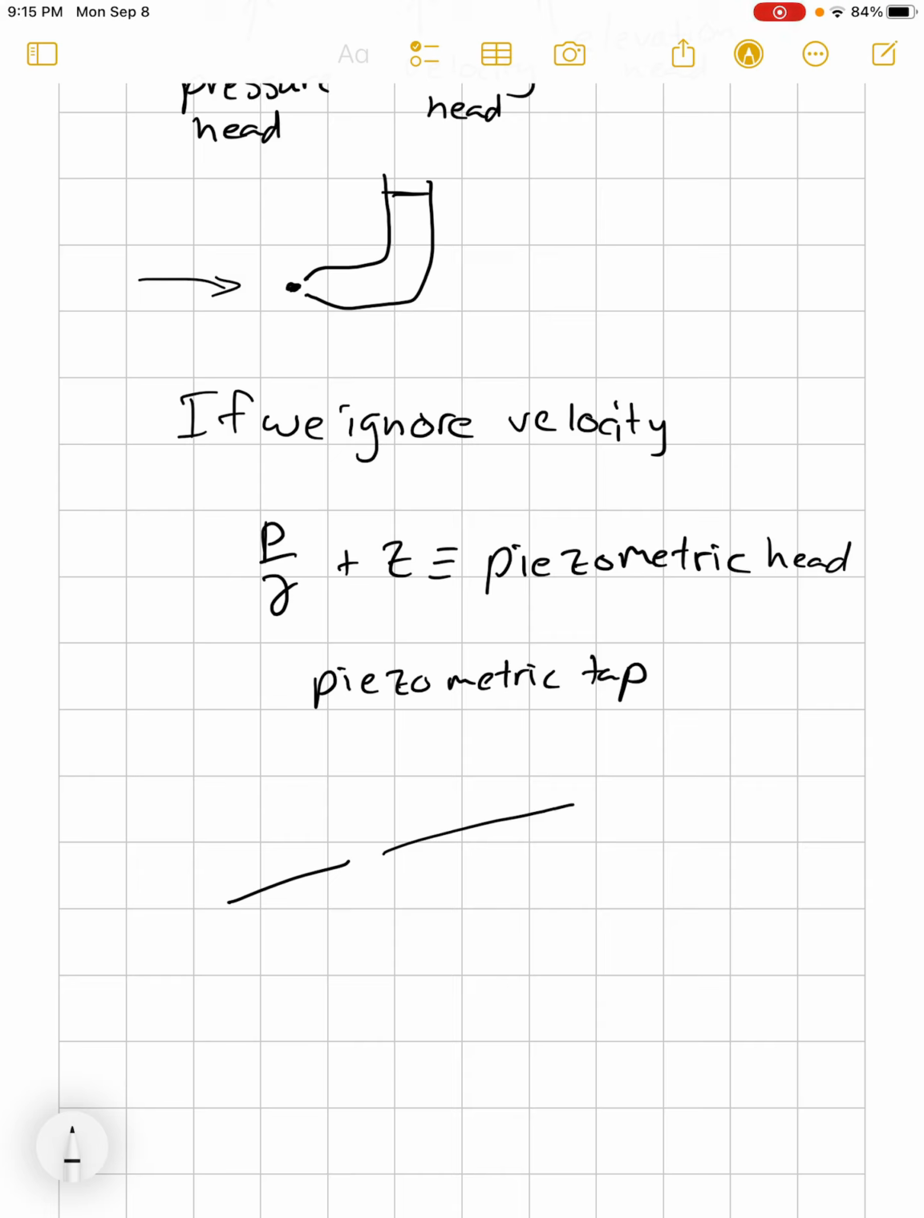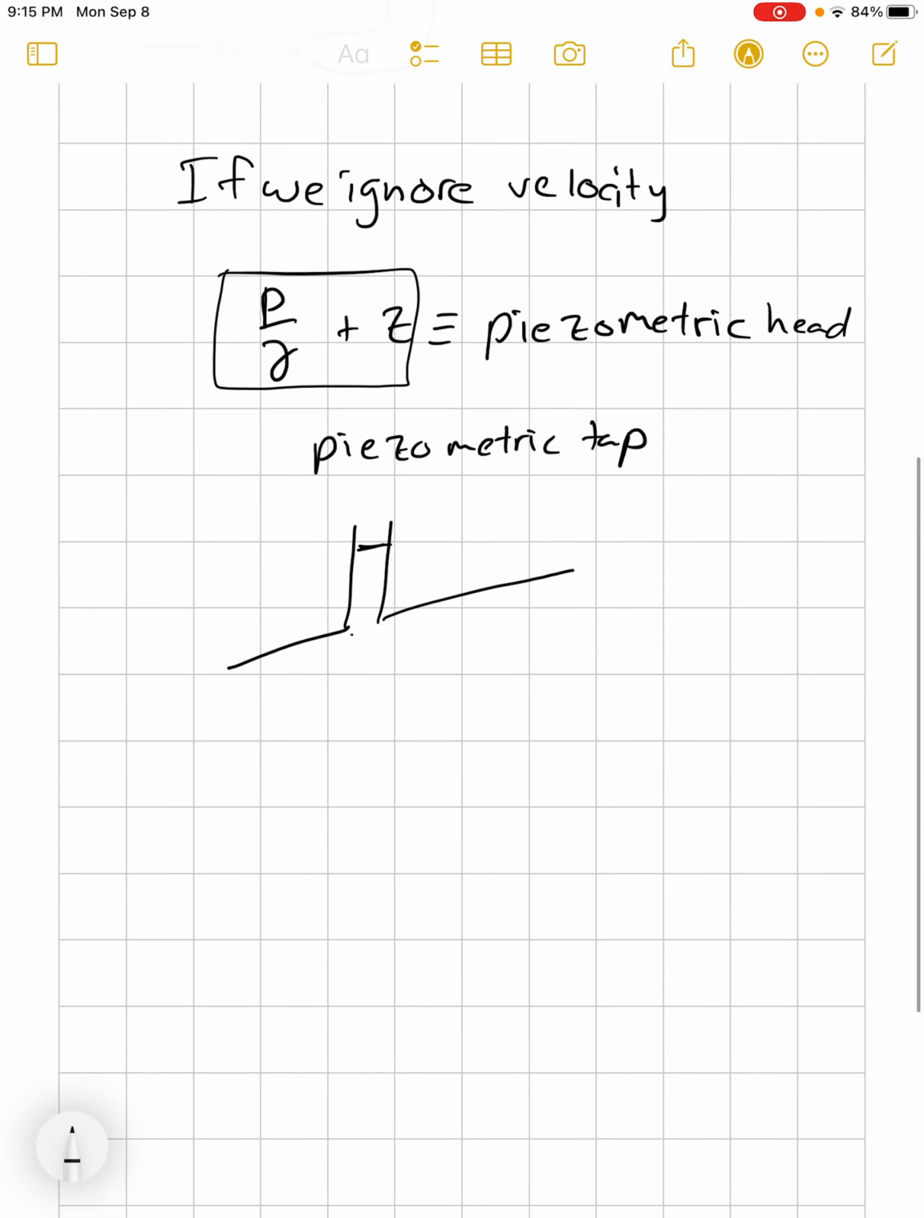So the piezometric tap is basically if you have some sort of pipe and you have just an entrance, then you're not stopping the water, so none of that kinetic energy is being converted into pressure. So the elevation and the pressure are the only things that are being taken into account here. Okay, so if we have a pipe, for instance, that has a little bit of a slope,